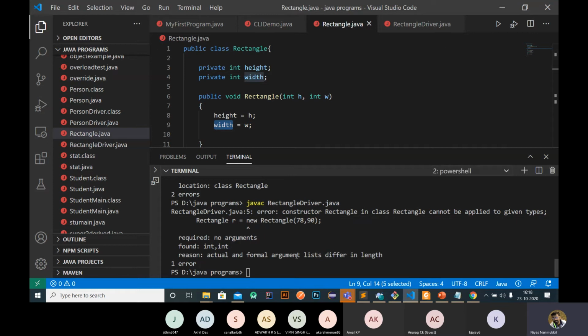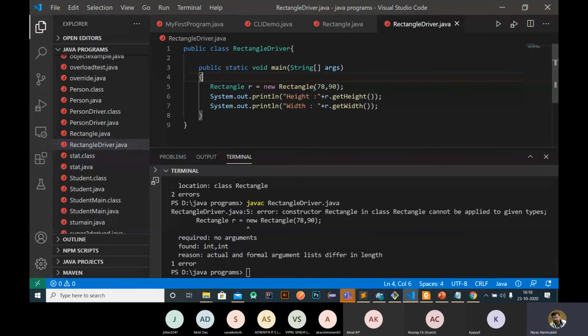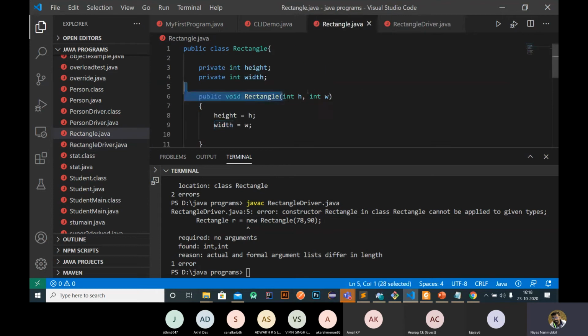No new argument. So instead of passing values, just directly assigning some values. We'll check. So I'm just assigning height as 15 and width as 10.